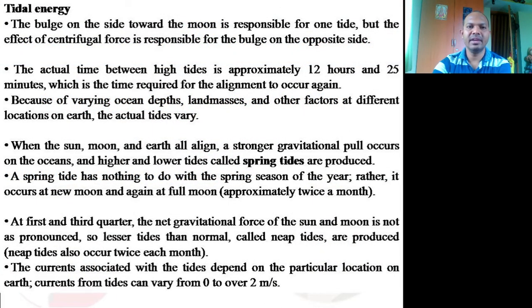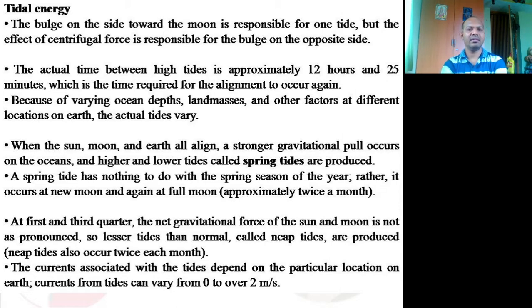Basically, the bulge on the side towards the moon is responsible for one tide, but the effect of centrifugal force is responsible for the bulge on the other side. So this is the reason why these tides are caused. Before I explain why these tides are caused,